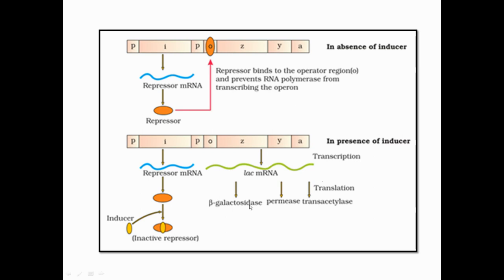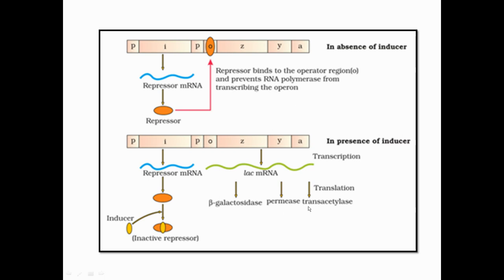Beta-galactosidase is the enzyme which is going to convert lactose into galactose plus glucose. Permease induces the permeability and causes changes in the cell membrane of the E. coli,